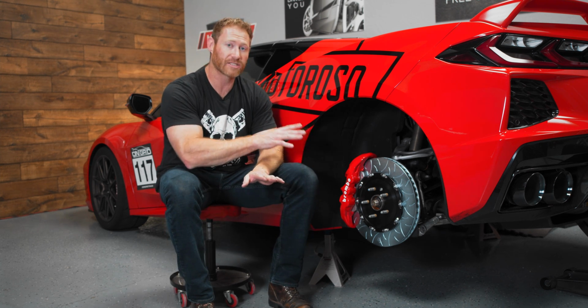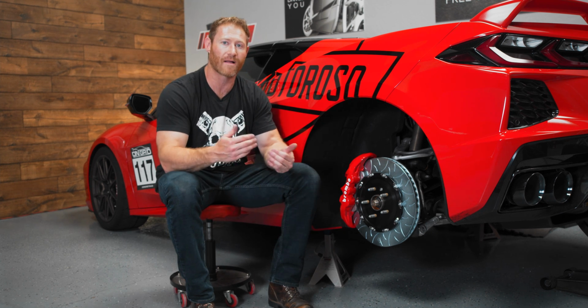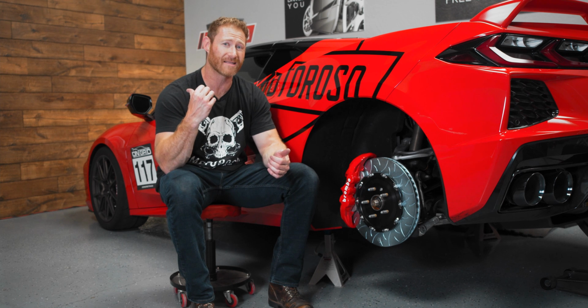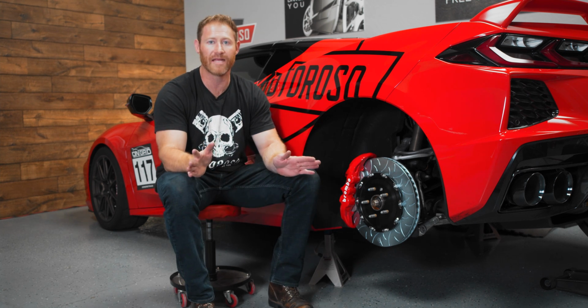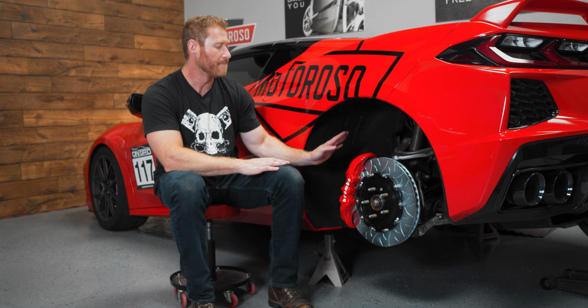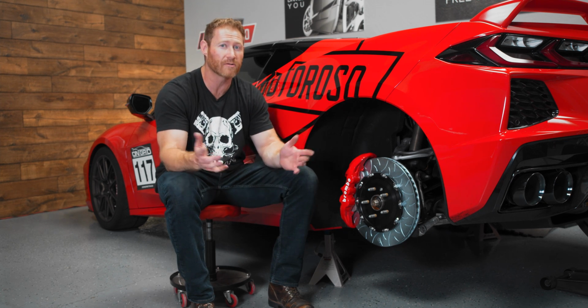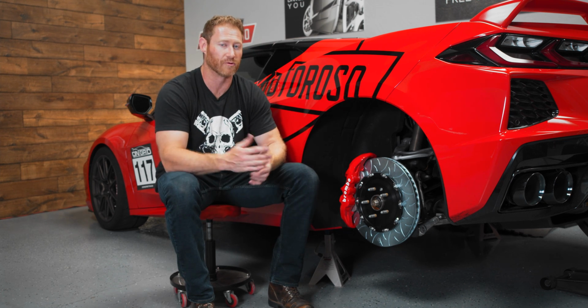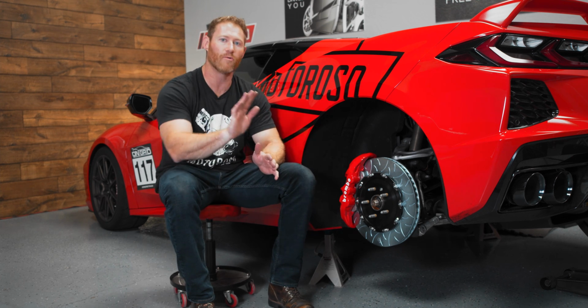We managed to bleed this pretty straightforward. We didn't lose that much fluid when we swapped it over. If you saw in the install video on the front, fluid went everywhere when we were trying to swap the lines over. On the rear, it was nowhere near as bad. We only lost a few drops of fluid out of the lines, but of course, this thing was full of air. So we had to pump all that through. We went through about 1 bottle just to make sure we got all the fluid through. So about 250 milliliters. And we just did your very typical slow brake pump